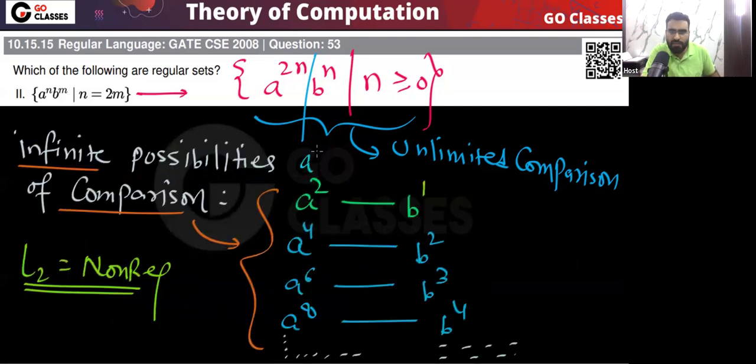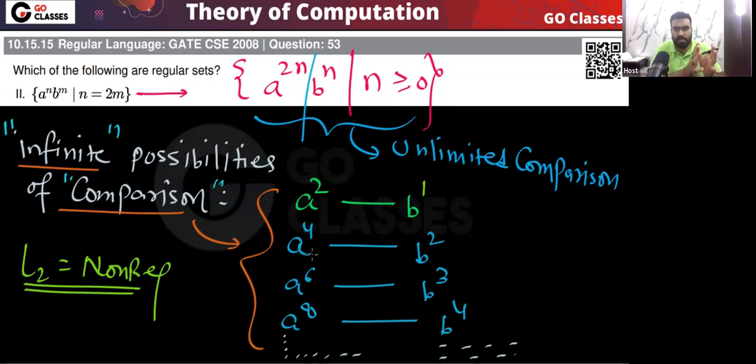Yes, I know there will be a power 0, then b power 0. Let me write it for your satisfaction, but I am saying that it does not matter, because I am looking for infinite possibilities of comparison. Now you tell me, will one or two things matter? If I am looking for infinite possibilities of comparison, then a few strings, 2, 3 strings, 4, 5 strings,